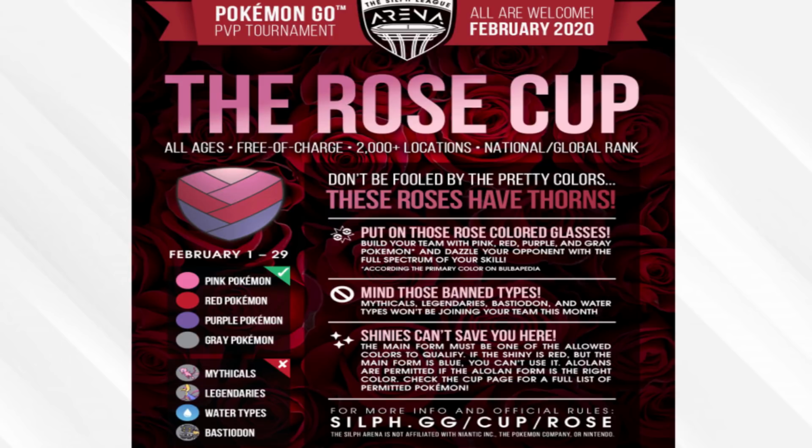So if the Pokemon's original form is a color you're allowed, like let's say the color is pink for the original Pokemon, but the shiny is a different color that's not eligible, you won't be allowed to use it. Now guys, do not worry about this because they do have a list of Pokemon that are going to be eligible. You could definitely go ahead and take a look at that list, just because if you're confused,